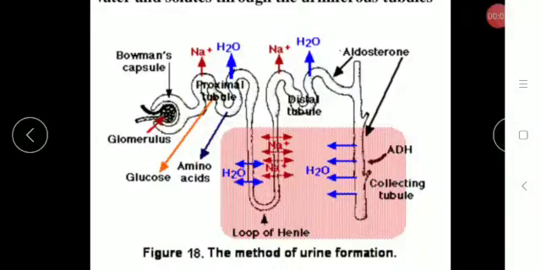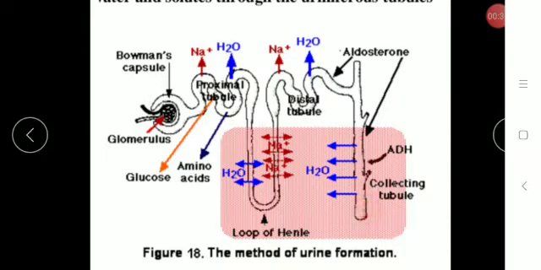Let us begin with the method of urine formation, which is carried out in the Malpighian tubule as well as through tubular reabsorption and tubular secretion. So altogether it involves three steps. The first one is ultrafiltration, carried out in the Malpighian tubules, and in the remaining part of the nephron, tubular reabsorption takes place, where the useful substances are reabsorbed, whereas the waste is eliminated away from the DCT and CT.